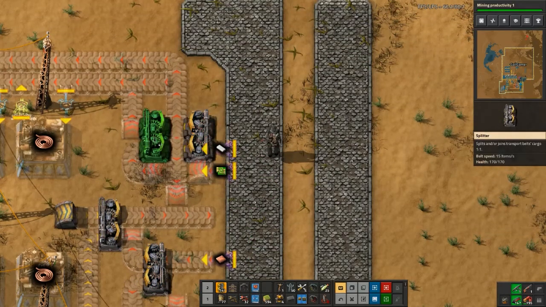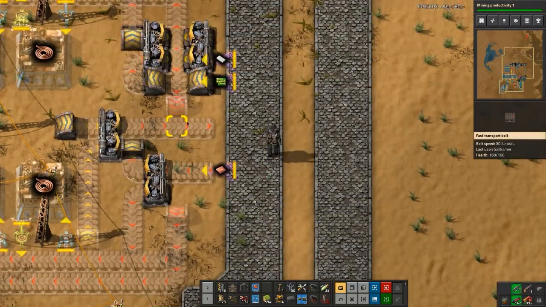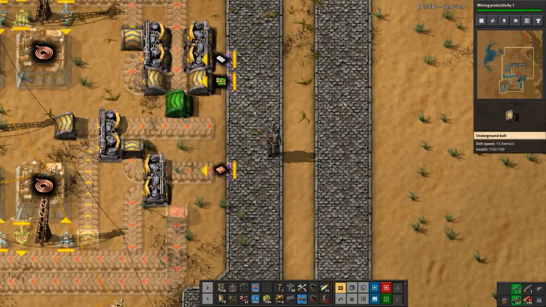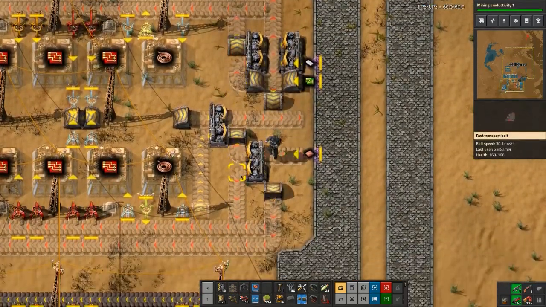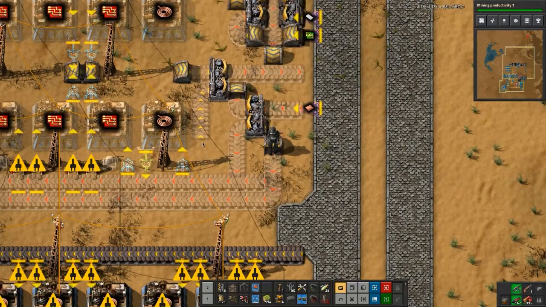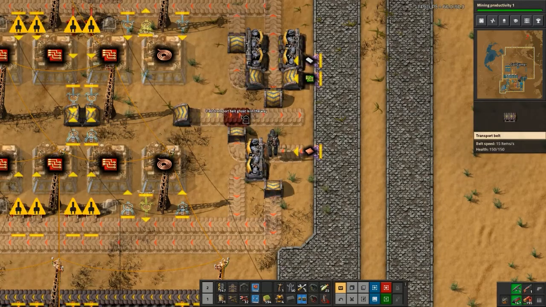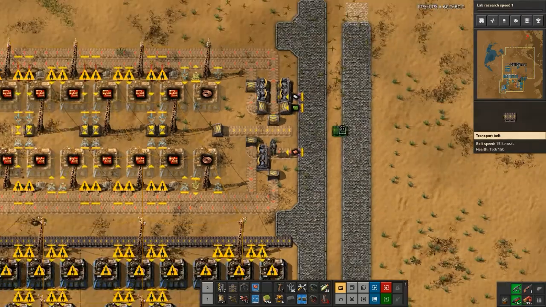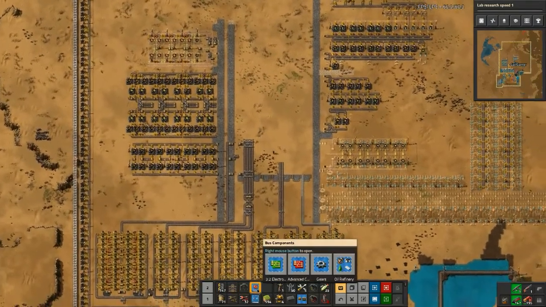So that's going like that. That goes like that. Because I don't have that. And we don't need that, which means we don't need that. Alright, for now. So that little extra bit in the middle, I think that's,